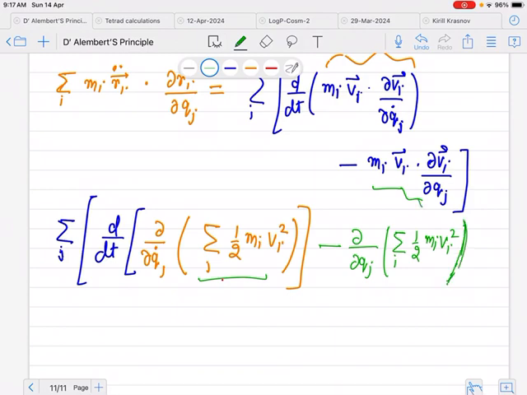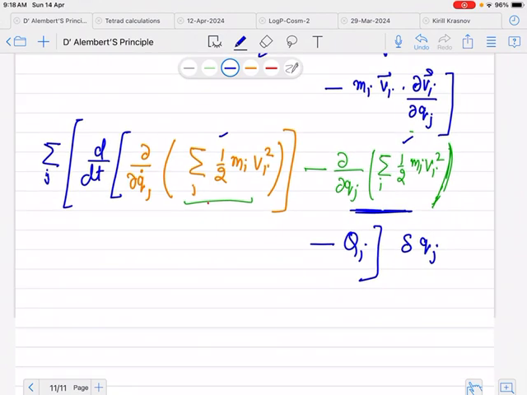And the second part, this whole thing, we consider it as a Qj. So it is an extra term put in by hand, minus Qj, the bracket should be closed, del Qj. Okay, so this is the extra term. It is kinetic energy. So in terms of the kinetic energy, we can write it as